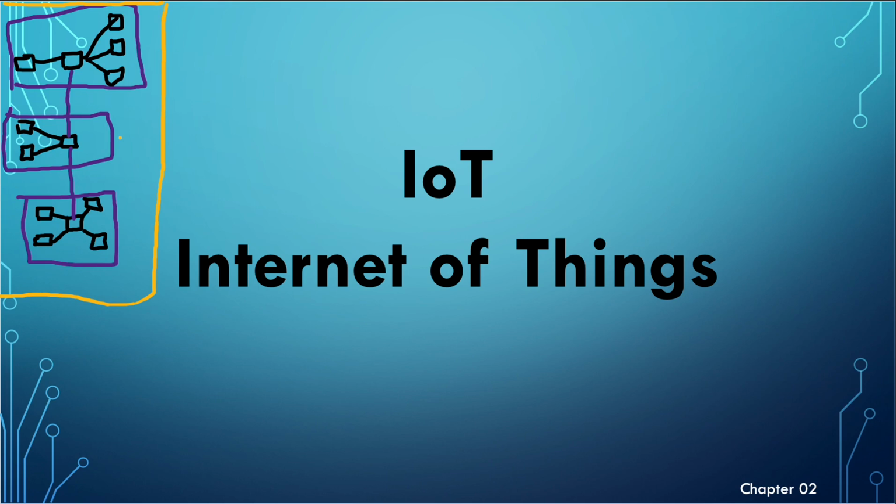So if you take those sets of IoT devices which are networked together, creating a small IoT system, then if we have another set of systems like that, networked together,